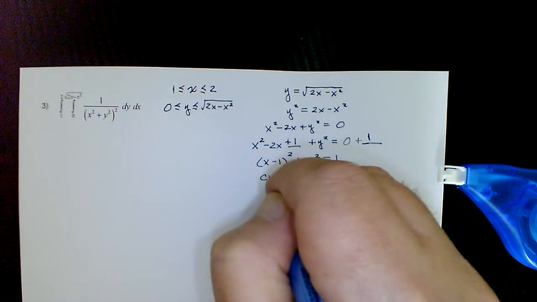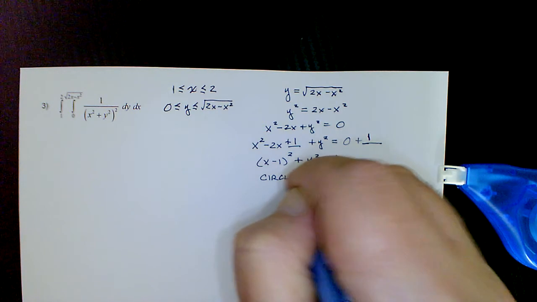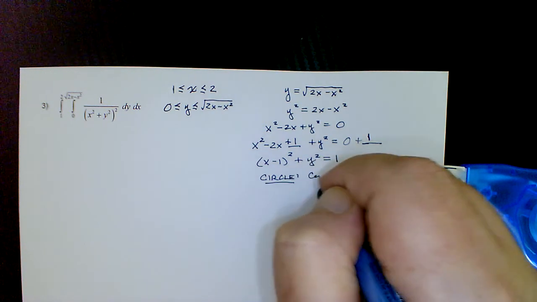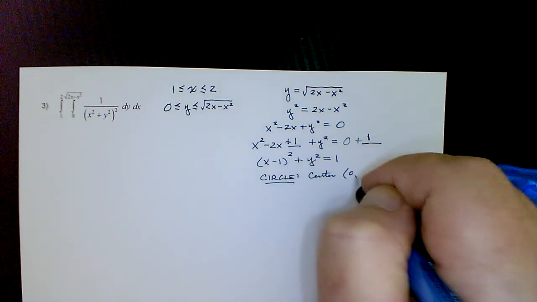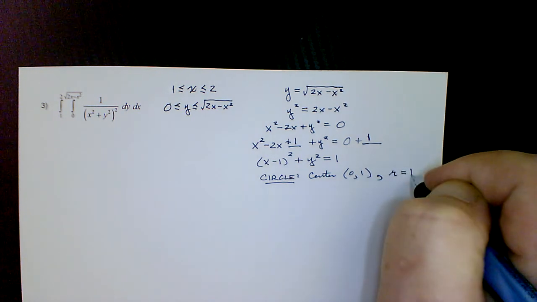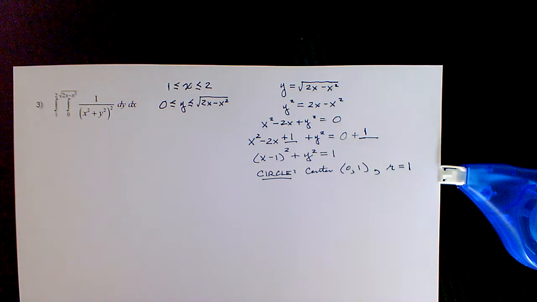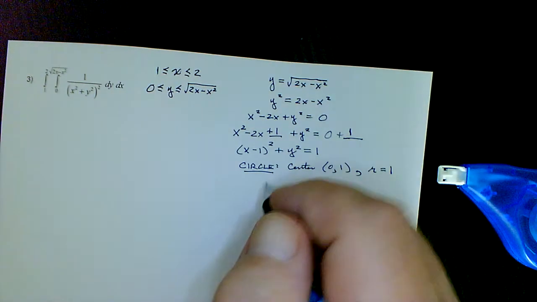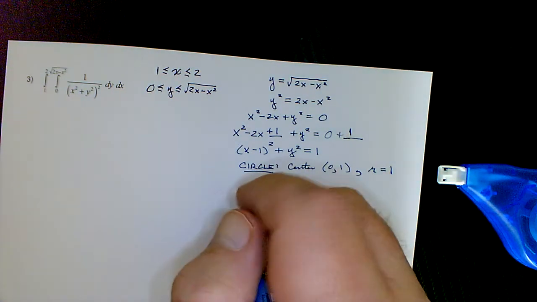So this is a circle, but the center is at the point 1, 0, and the radius is equal to 1. Okay, so we're going to be able to sketch the region momentarily. There's even more to it than that. But first off, let's consider that